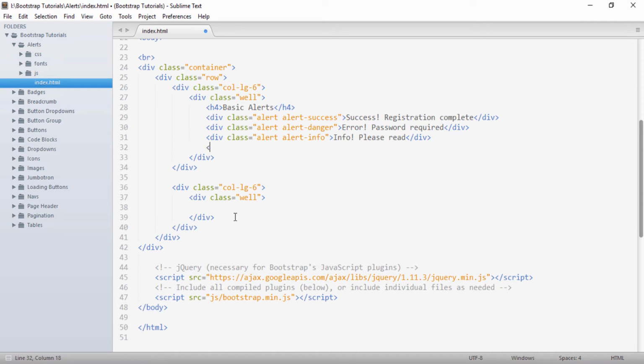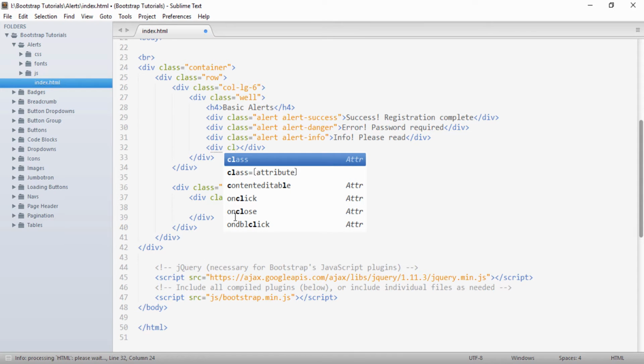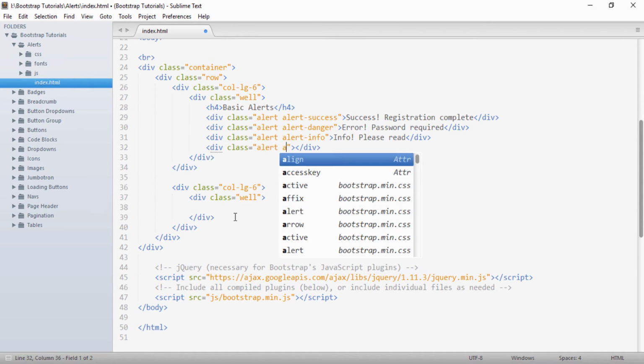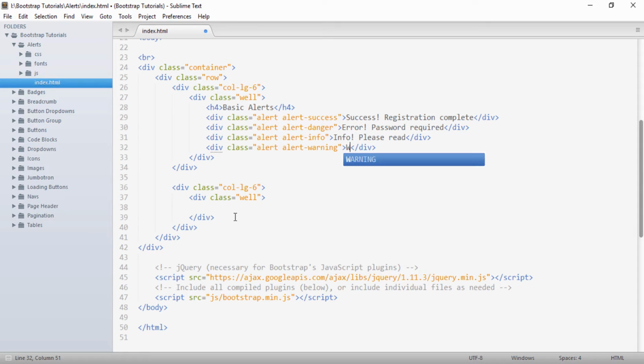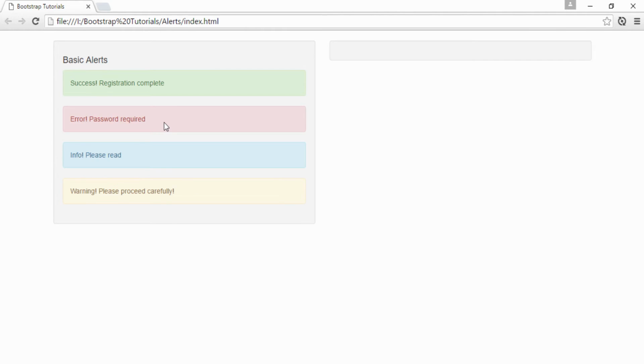And one last, I will create another div, and to this div I will provide a class of alert-warning, and I give a message as warning, please proceed carefully. So if I save it and go to my browser, you can see there is an error alert, there is an info, and there is a warning alert. So these are the basic alerts.